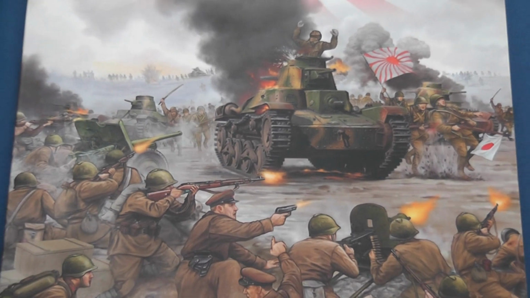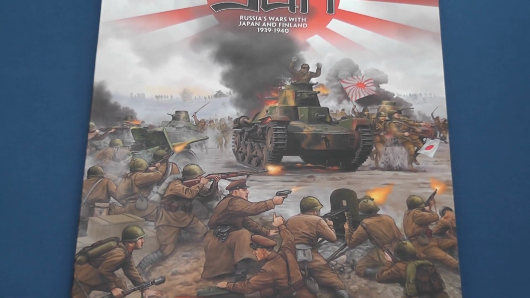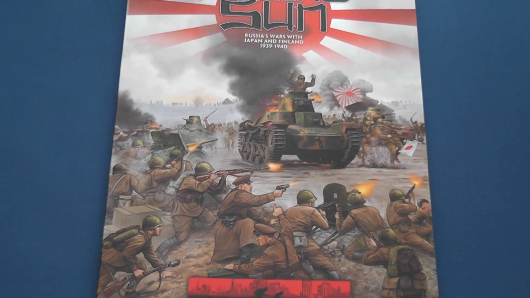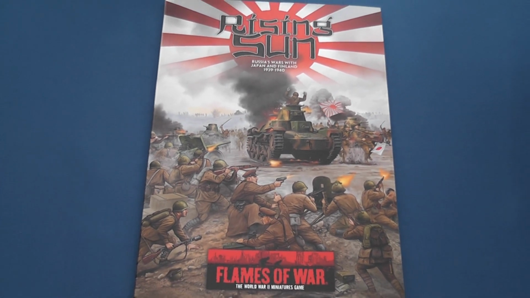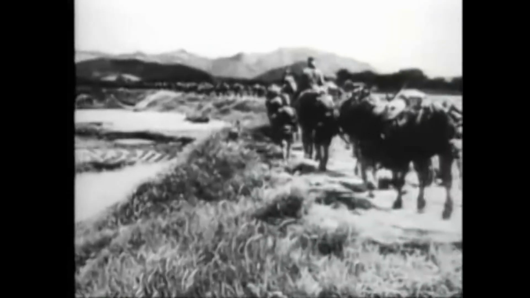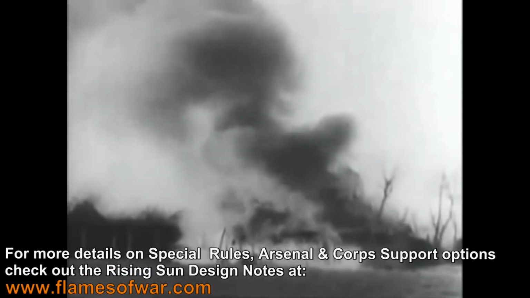Welcome to Modelled Ads. Today we're going to take a look at the forthcoming Rising Sun supplement for Flames of War, kindly provided by the chaps over at Battlefront. Rising Sun focuses on the Soviet Union's undeclared border disputes with Japan in Manchuria and Finland between May 1939 and March 1940. I have to be honest and say that this isn't a period I know a lot about, and